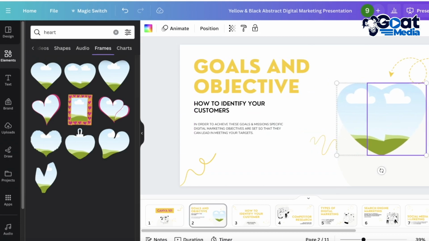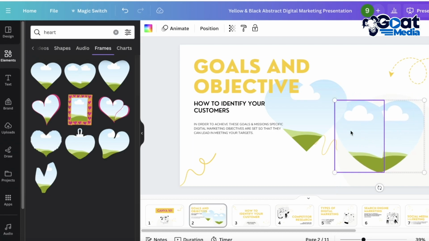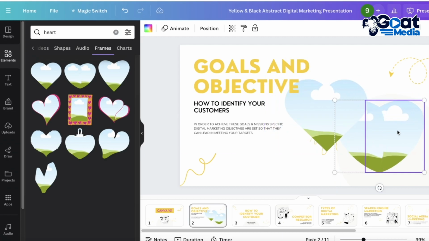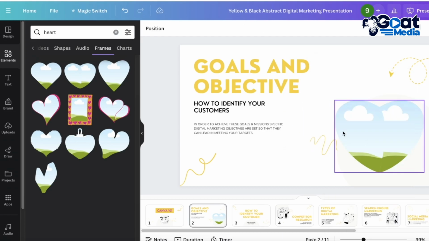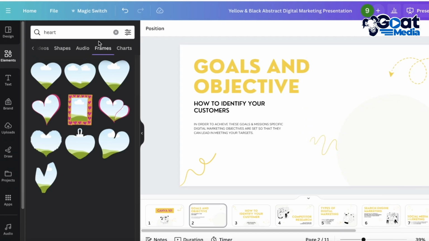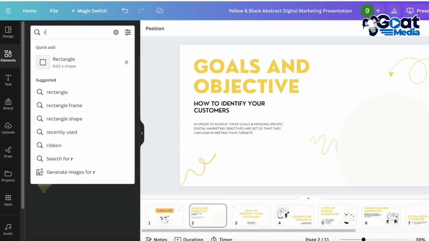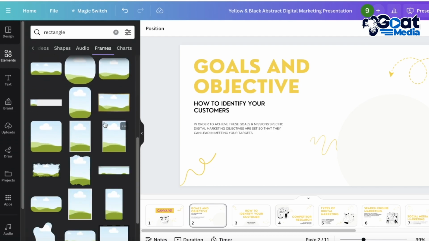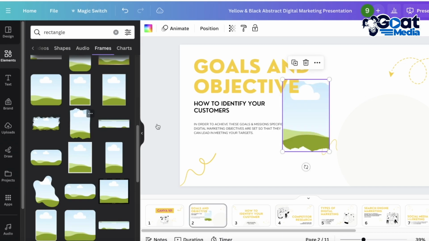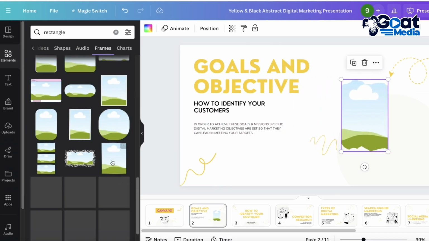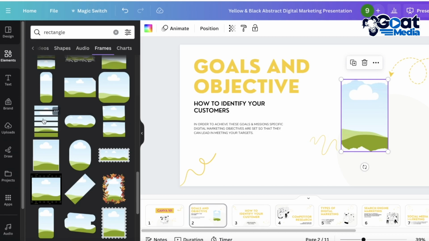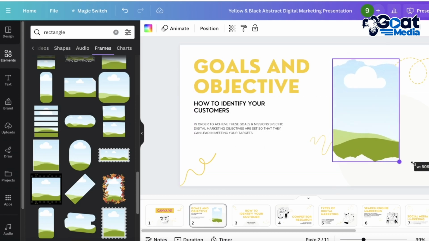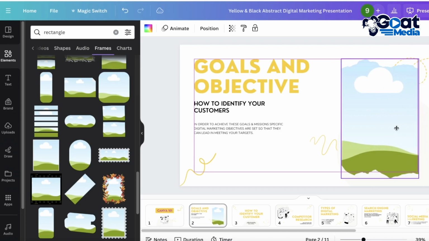Now, in this, I can add 2 images. In this shape, I can add 1 image. That's totally up to you how you want to add your images. So what I'm gonna do is I'm not gonna keep this frame. I'm gonna delete it, but you can choose whichever frame you want. I'm gonna choose a more simple frame. I'm gonna search for a rectangle like this, and you have multiple different rounded options. You have framed options, ones with the torn up page option. You have multiple different types of options you can pick out. So I'm going to take this frame over here because I like the look of the ripped page, and now